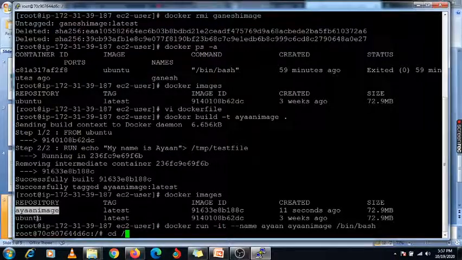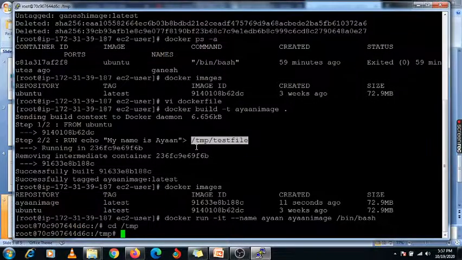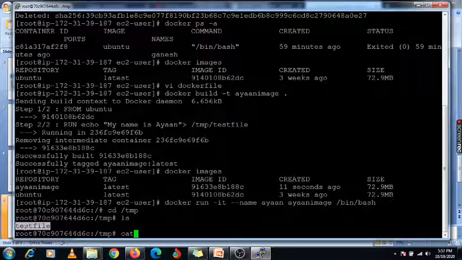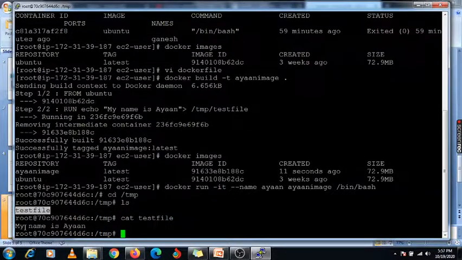Under this container, this /tmp directory is available, right? And under this directory, this file is now created because we have specified it, and under that file some contents are available, that is my name is Ayan.